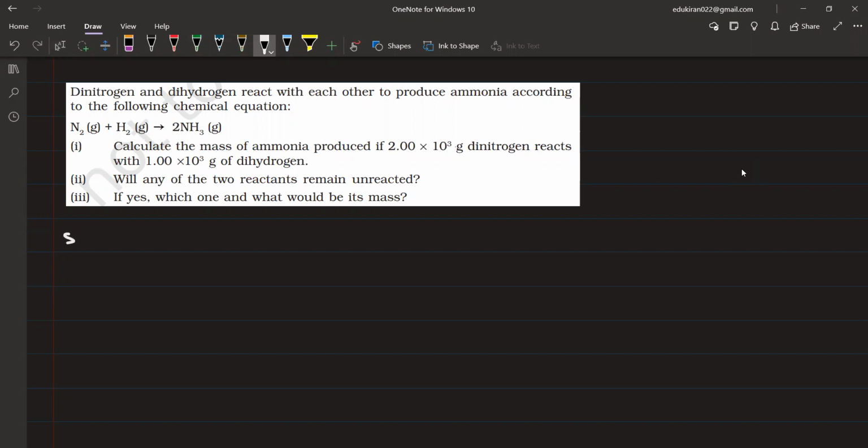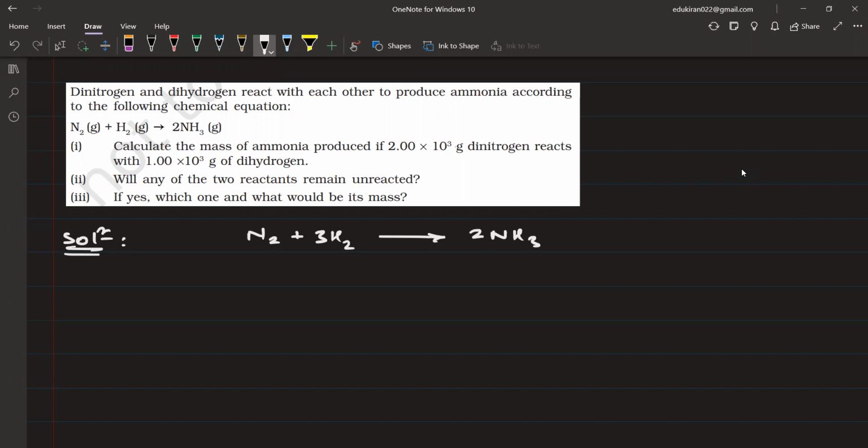See, the first step to the solution is you have this reaction. We write this reaction: N2 plus H2 gives 2NH3. Then you have to balance it. Please don't forget to balance this reaction. When you balance this, you have 2 nitrogens and you need how many hydrogens here? You need 6 hydrogens, so 3 H2 here. Now you will write